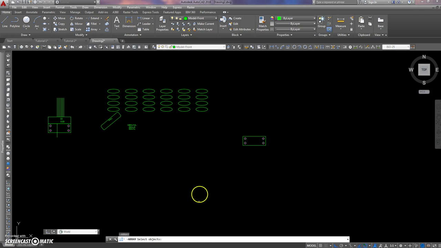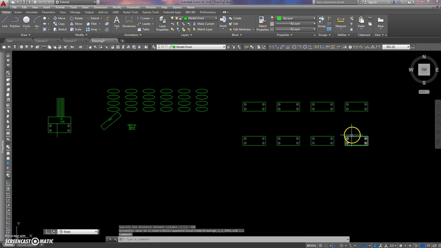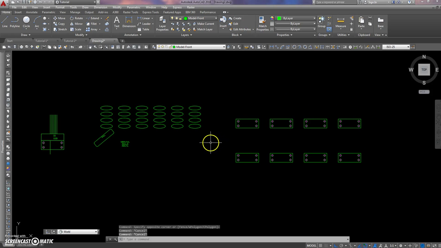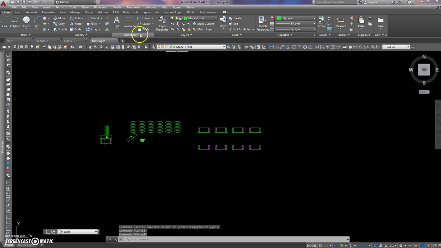Very handy for doing things like scripts and so on. So you select your object, and you have to hit enter, and it says, what sort of array do you want? Rectangular. You can have polar. Number of rows, 2 rows and 4 columns, and say 300 between the rows and 300 between the columns, and there we have it. See, they're all individual bits. So that's fine. Okay,